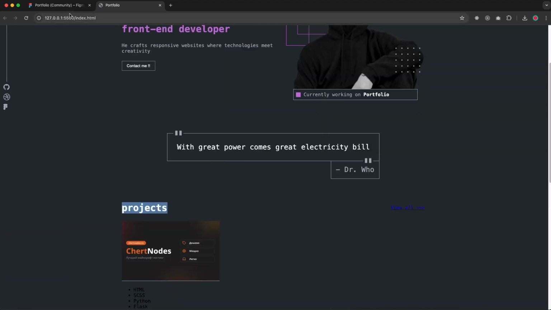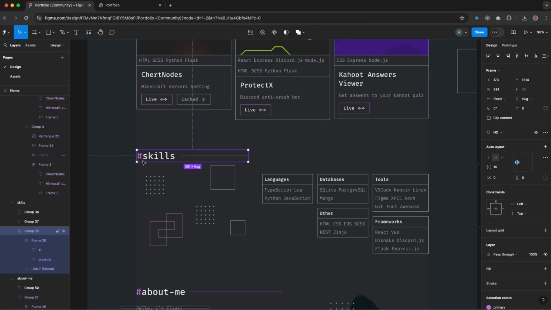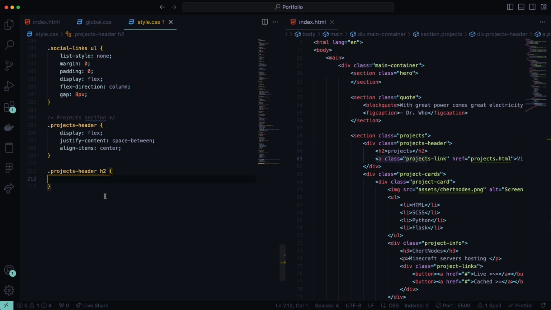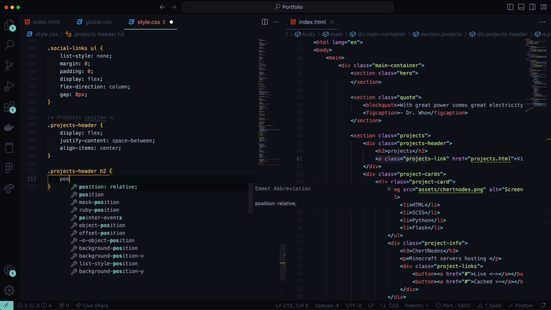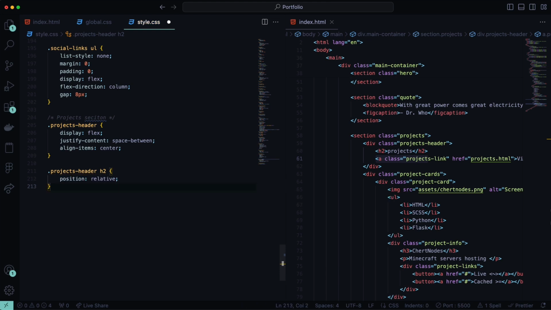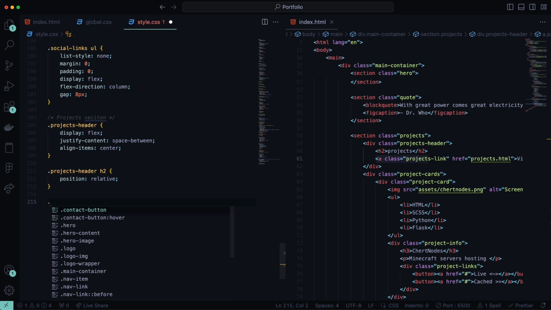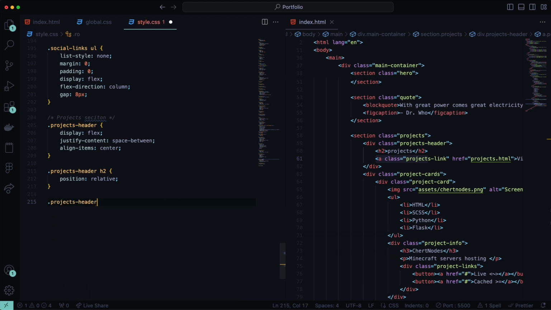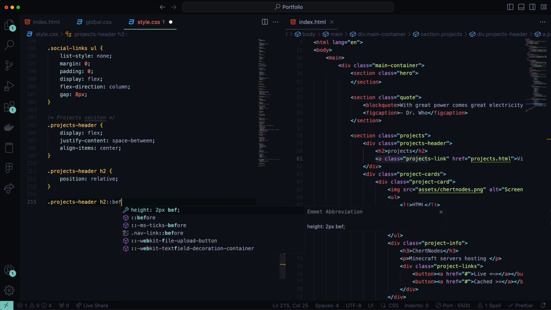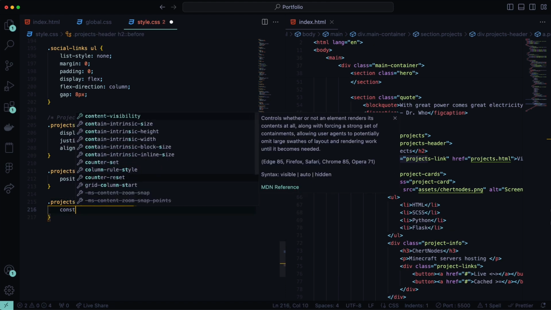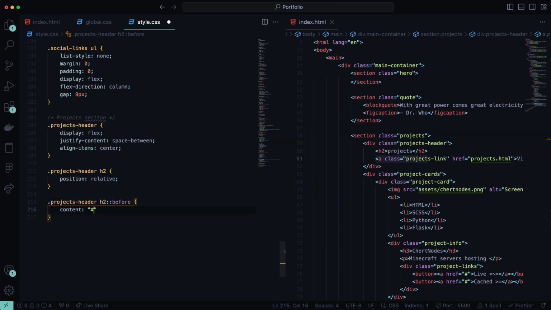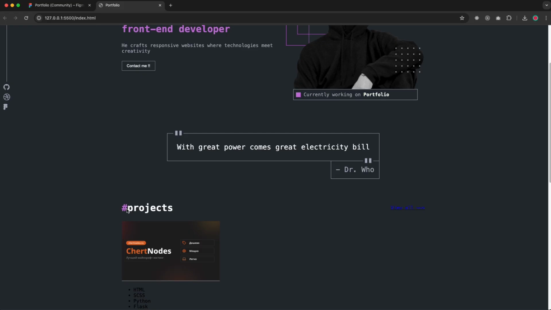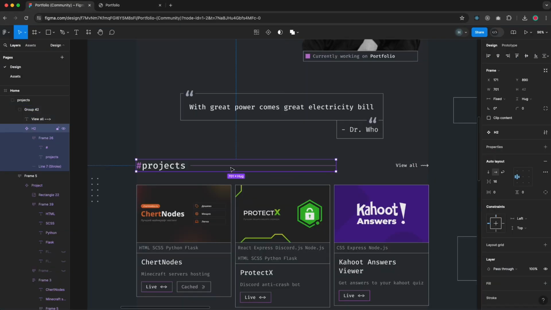Now here we again need to use the before attribute and set it to be this hashtag. And to do that, as we saw in the previous section, we first need to set the position of this to be relative, and then we can style the pseudo elements of it. So next we will select the project's header, heading 2, before part of that. So the content of this is a hashtag, and the color of this is the purple, which is our primary color. And now we have our hashtag near the text, but you see we also have the after element,